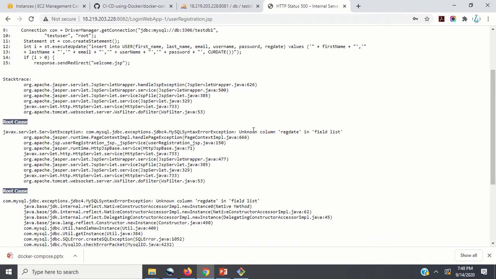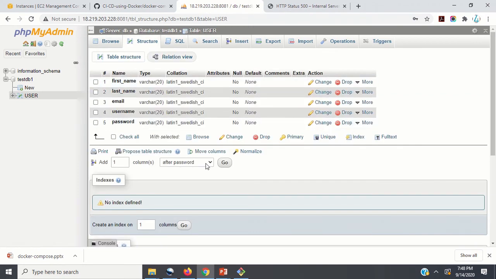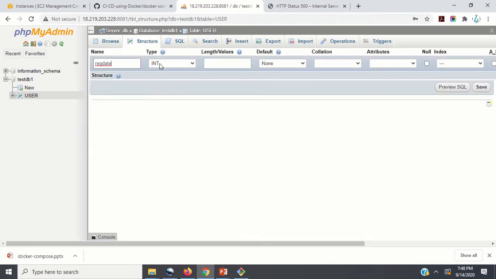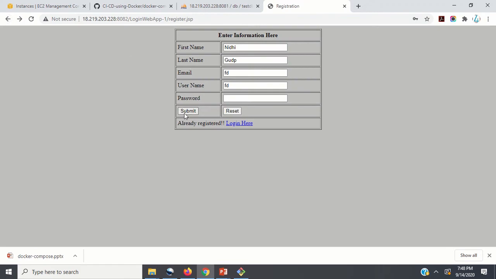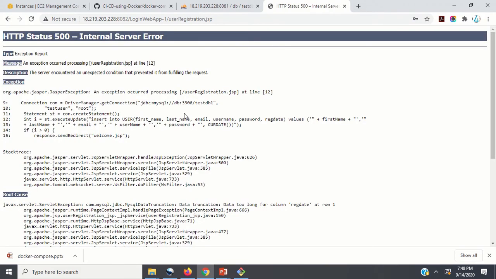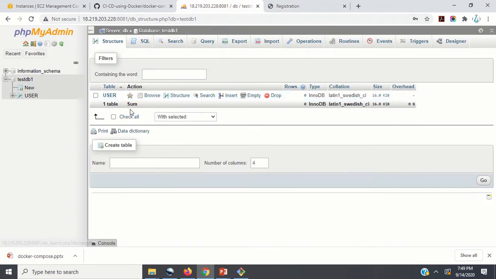Okay, so this failed because in my JSP there is one column that I have not put in this user table. That's why it failed. So let me just add this column here. If your structure is not mapped, then obviously there is a problem. So let me just put this varchar. This is just sample code, but yeah, now this will work. Let me just do this and click on submit. Okay, data too long. Just a minute. I think it was my mistake.